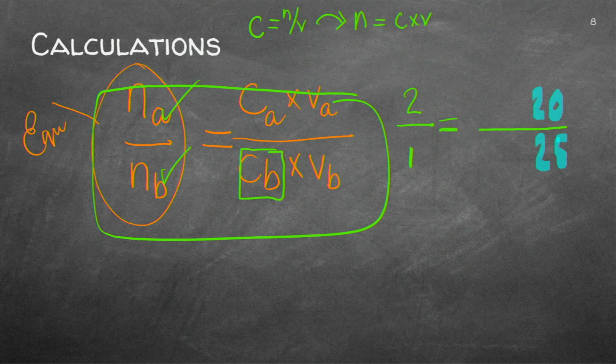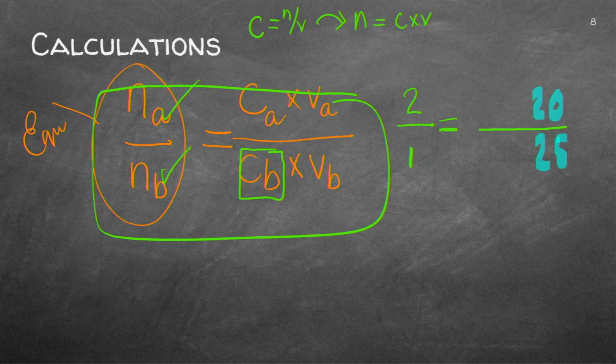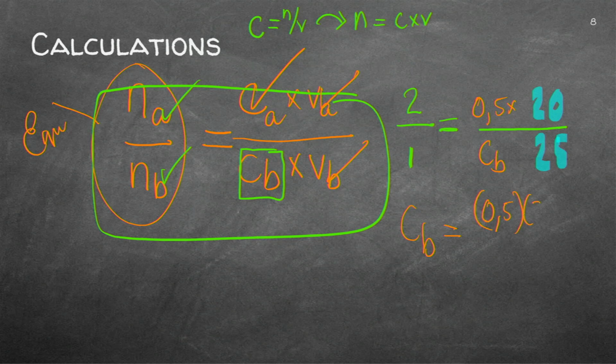Right, and what did they give me more than that? They actually gave me the concentration of the acid. Can you see there? 0.5. Now let's add the 0.5 there. I've got the concentration, the volume, and that equation. There I can now find the concentration of my base, which is in actual fact 0.5 times 20 times 1